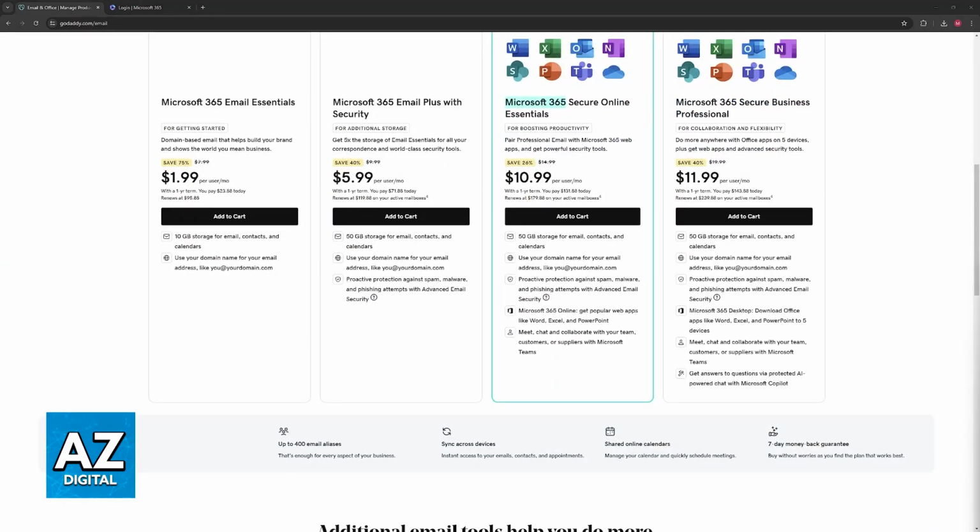Alternatively, you might also be able to do this through the email and Office dashboard. So if you access the email and Office dashboard directly through GoDaddy after you sign into your account, you will be able to find the option to go over to your workspace email. This will redirect you to the email and then you will be able to access all of the functionalities and see the emails that you have received and sent.